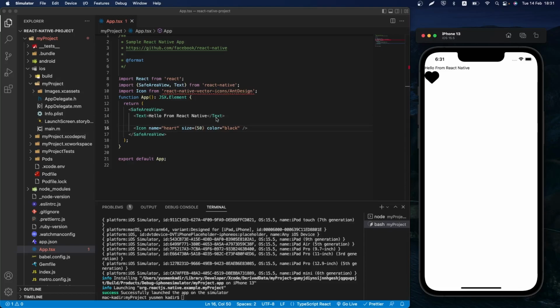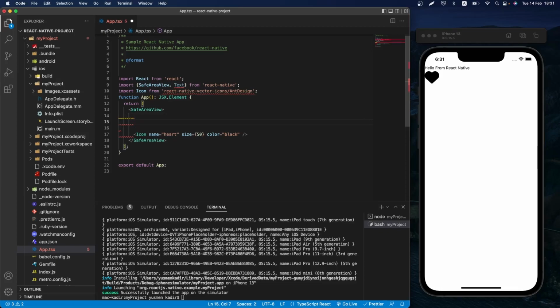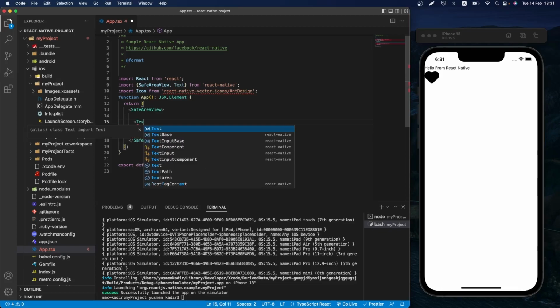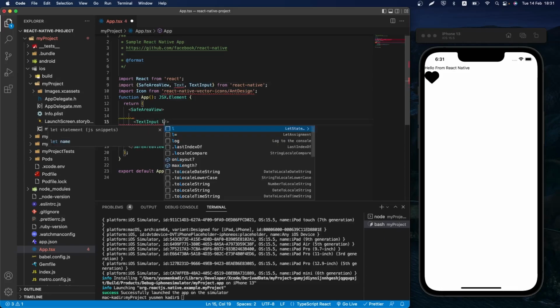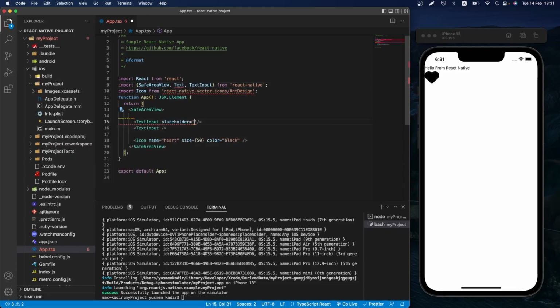Okay, let's start with removing this text right here, and let's add the text inputs that will be the place where we are going to input the names. So I'm going to say text input, okay, and you can see that it will auto import it above right here. And we're going to have one text input, we're going to have a second one, and this one will be with the placeholder, and that's going to be your name,